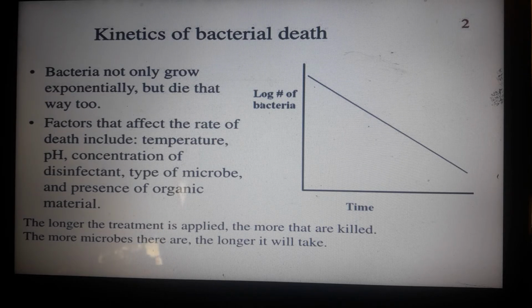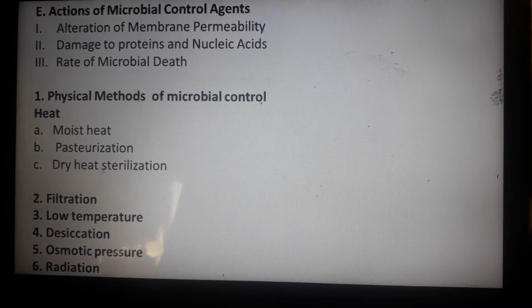Because when bacteria invade the body, it is comprised of millions. So that's why they are able to resist if the drug medication is not properly taken by the patient. Okay. So, on the actions of microbial control, we have the physical methods: moist heat, pasteurization, filtration, low temperature, desiccation,